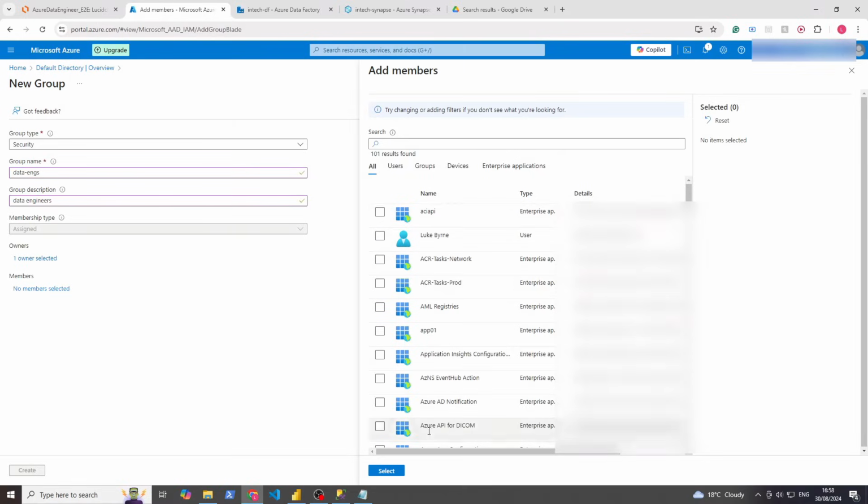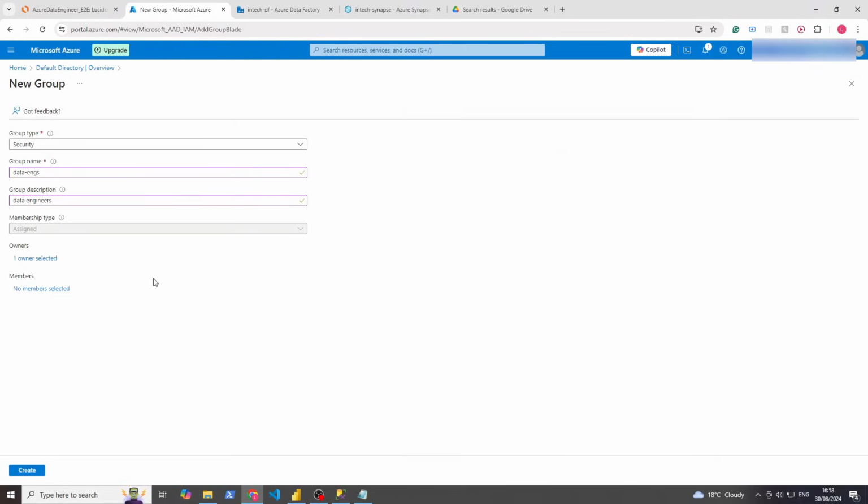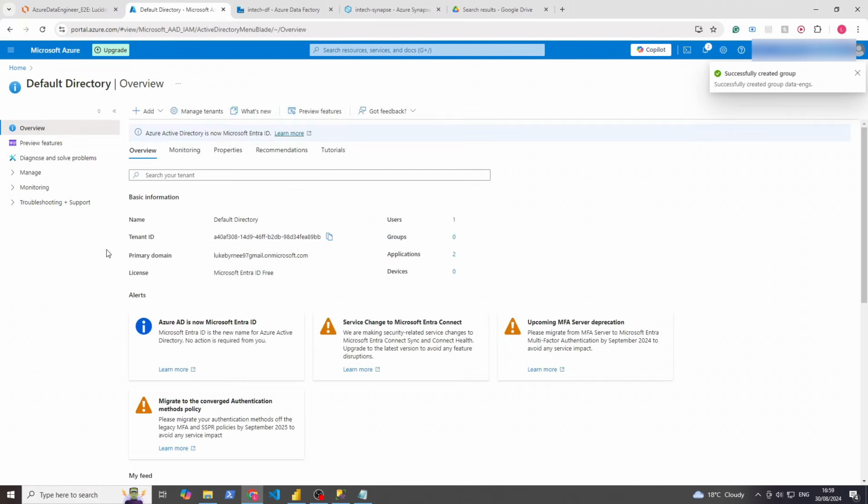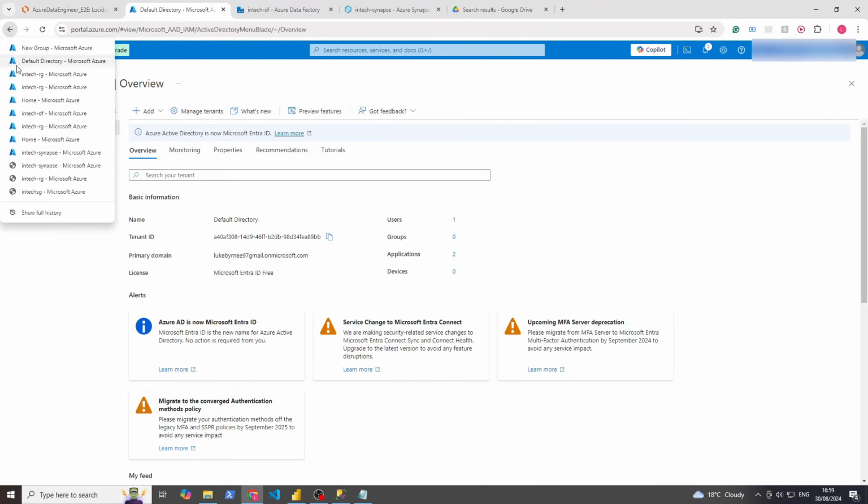And so you would select whoever has to be in. We'll just click select and no members, but that's fine. And then we could click create. And so now we've created a security group, which I am the admin of, so I can add people and remove people, etc. And so what that would then mean is if we go now back to the resource group,